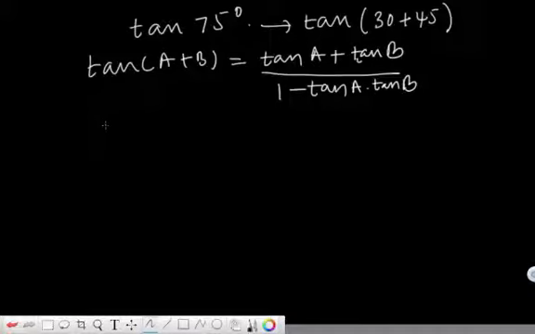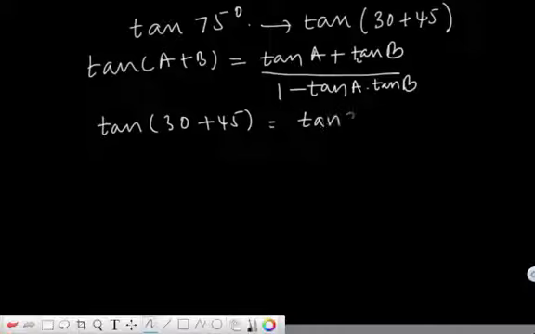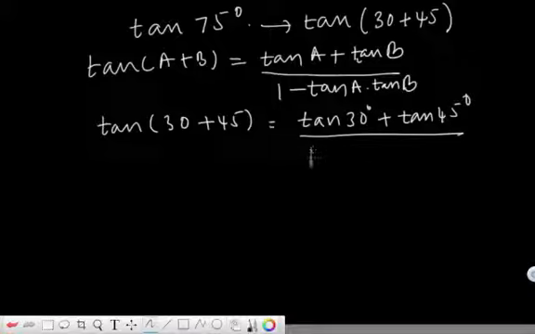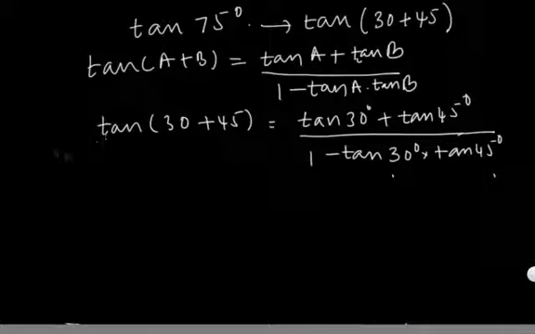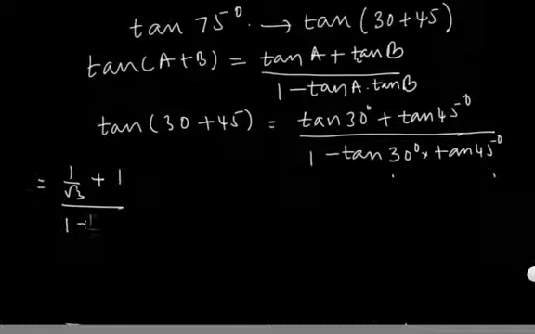So now substituting A as 30 and B as 45, we end up with tan of 30 plus 45 is equal to tan 30 plus tan 45 by 1 minus tan 30 times tan 45. Now let's try to calculate this. So this can be written as tan 30, we know, is 1 by root 3, plus tan 45 is 1, by 1 minus 1 by root 3 times 1, which is equal to